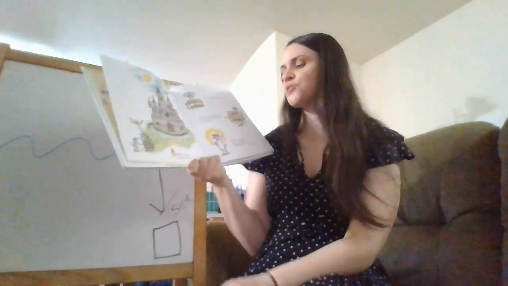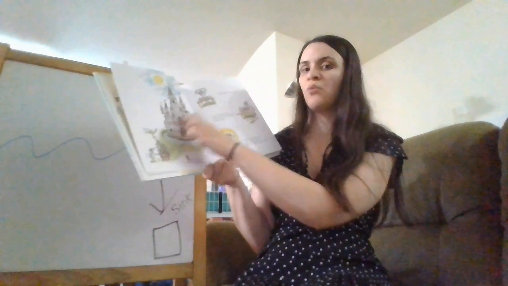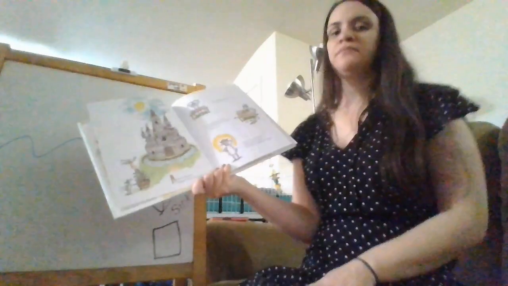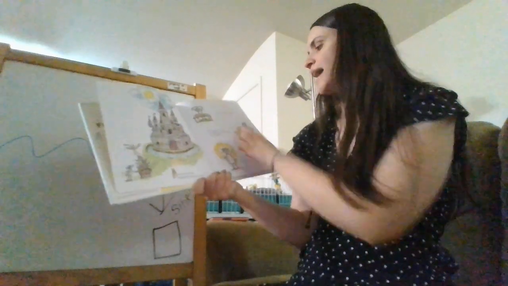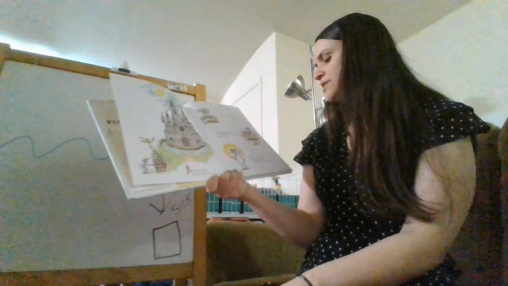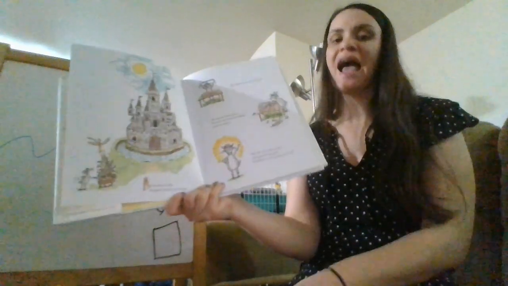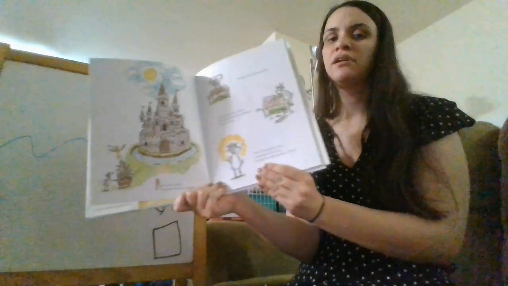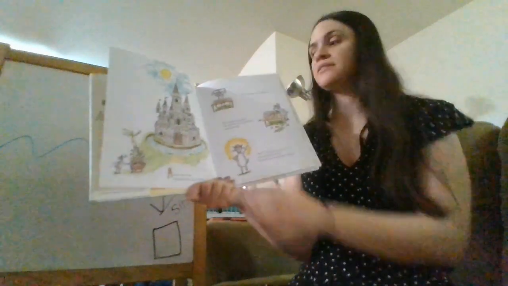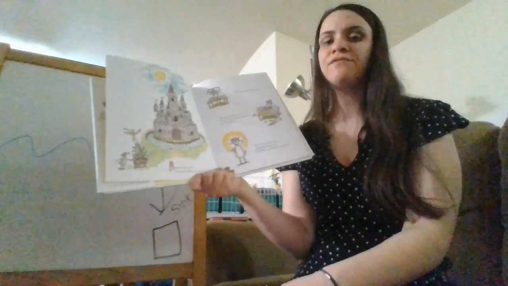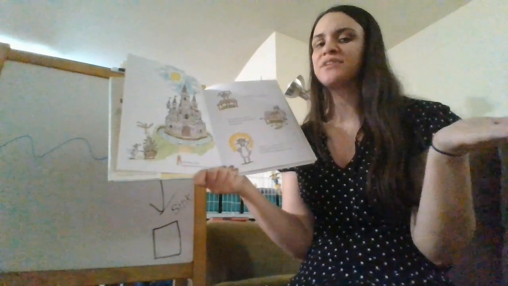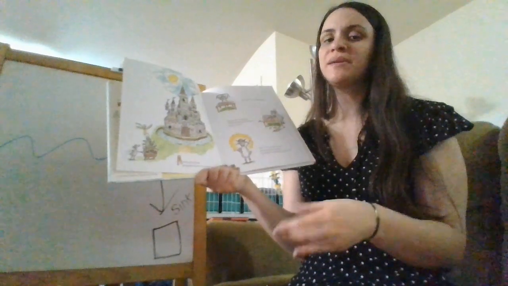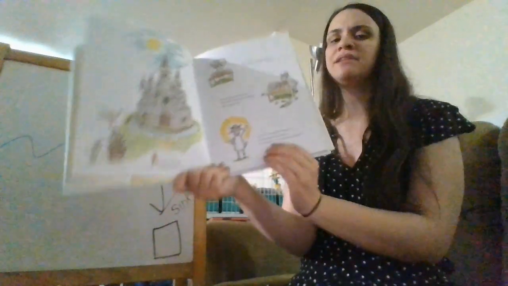Archie the goat stopped short at a moat. So a moat is the water that surrounds a castle. He measured and mapped. He doodled and drew. He sketched and scribbled and scrawled. Aha, he said, to cross the moat, pronounced the goat. We must build a contraption that can float. So if you guys think about it, to get across the water, he's looking to build something that he can float across. Like if we had a boat, boats float, right? It all rhymes, right? Boats float in the water. So he wants to build something like a boat so he can get across. So let's see what he can build.